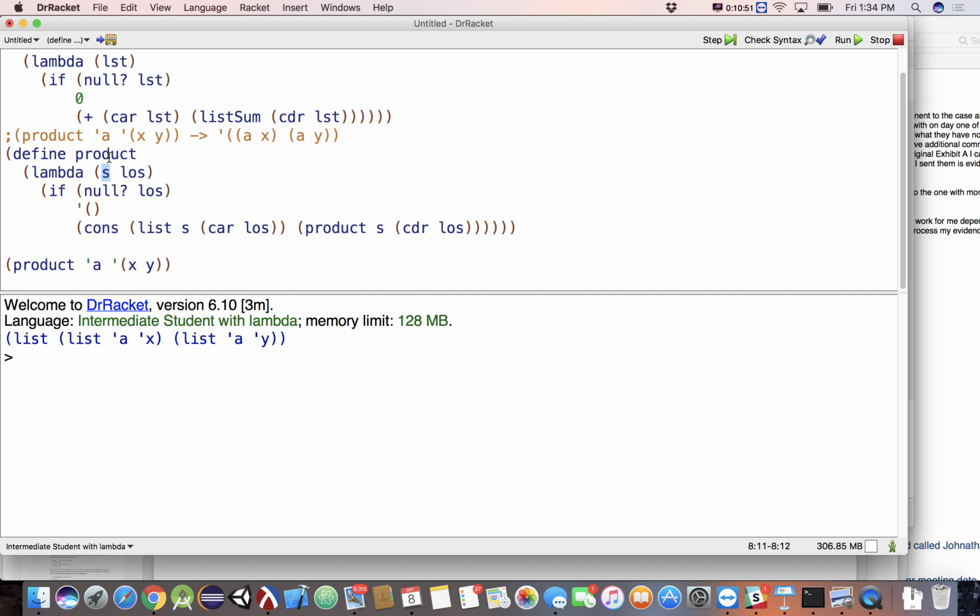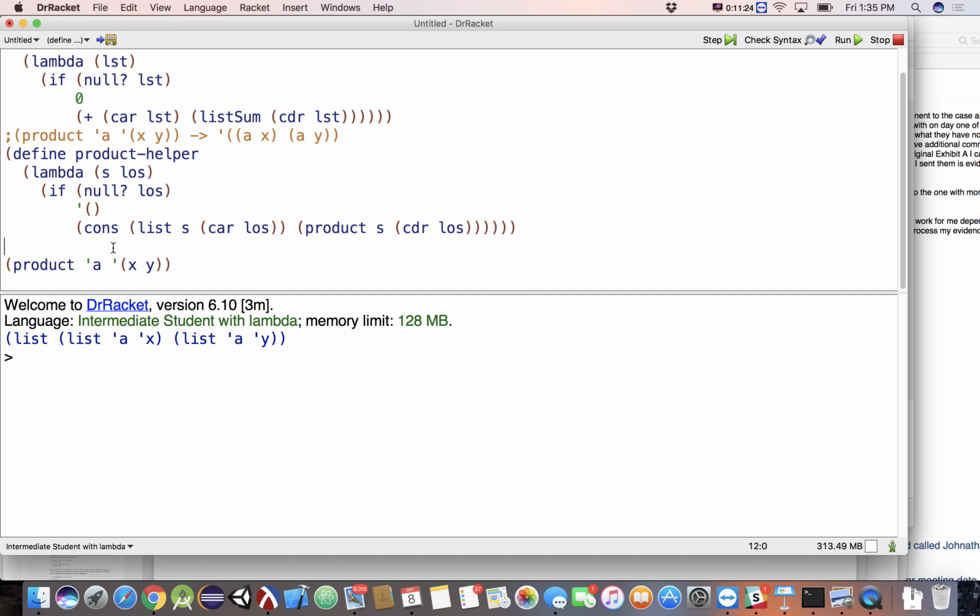So here's something that will help you in future assignments. Anything you could write in two functions, you could write in one function, okay, with the right level of contortion. But why not call this guy product helper? And product helper takes a single symbol and a list of symbols. This guy produces a list that looks like this.